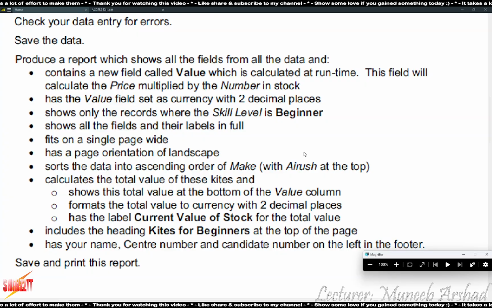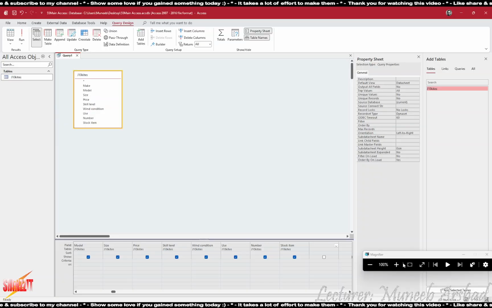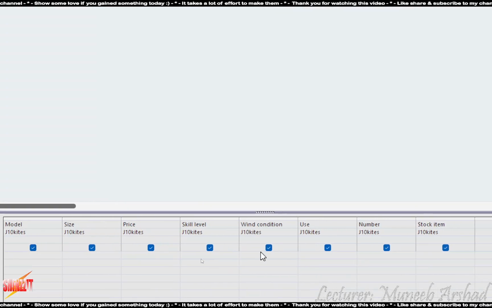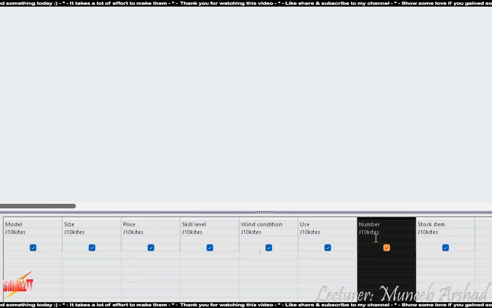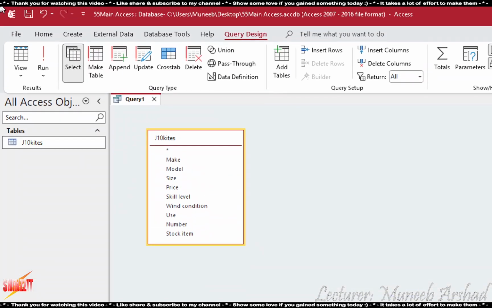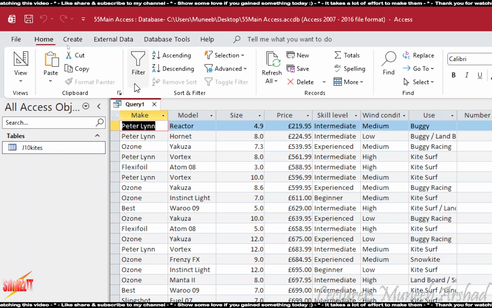Price multiplied by number. If you look closely, price and number are basically italic. And if you look at your data, you have the price field and you have the number field. तो इन दोनों का प्रोडक्ट करेंगे और उस फील्ड को नाम देंगे वैल्यू का.